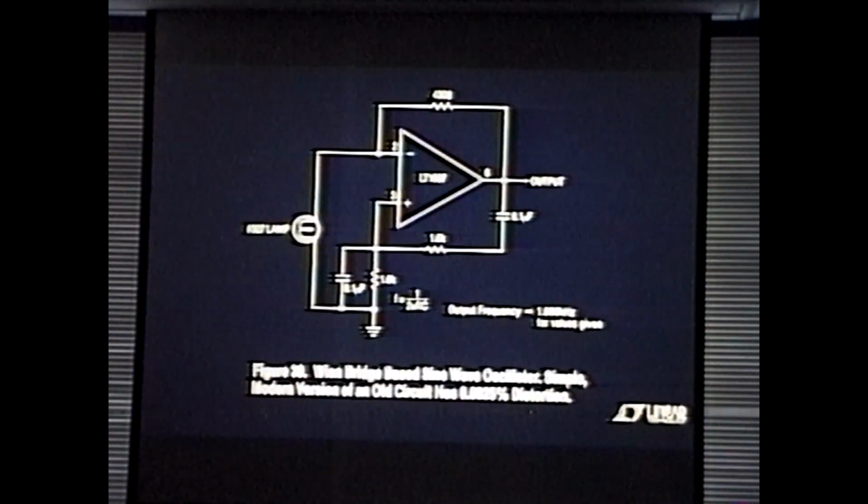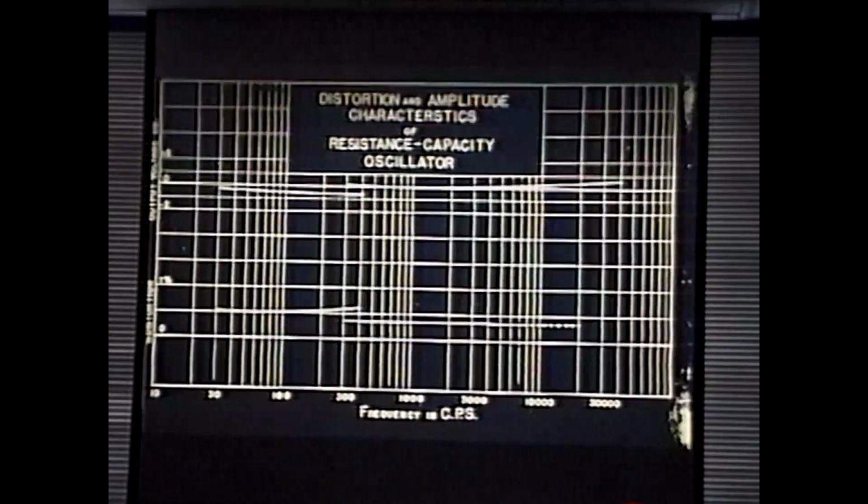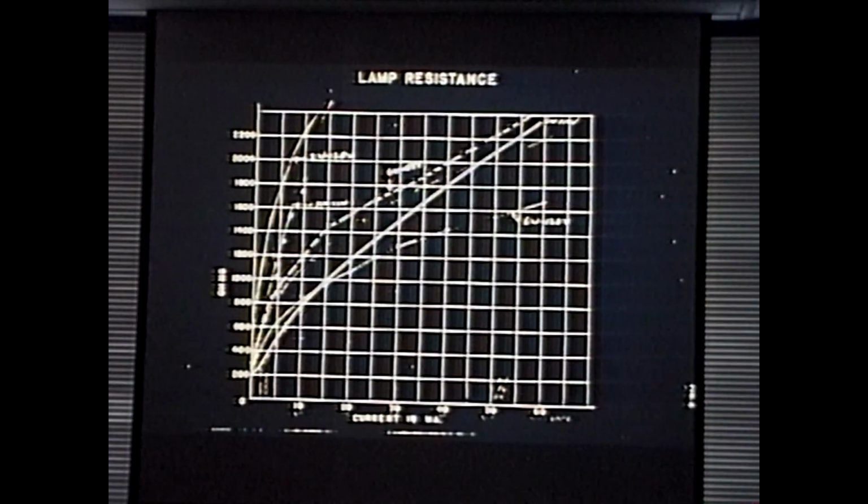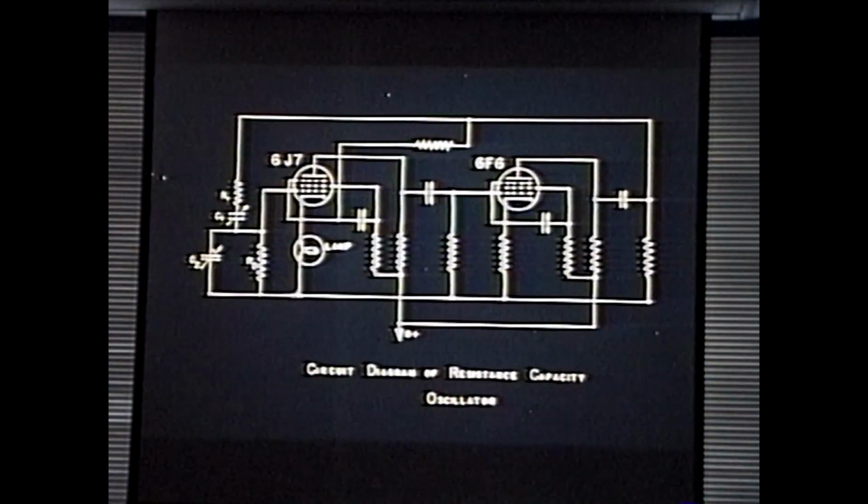Can you go back one slide? Yeah. I think it's amazing that it actually works because the current to the lamp is also the DC component. That's right, and the current through the lamp is very light. Exactly. That's why I think that he was so careful about picking the current resistance characteristic, because when you set these circuits up, from a lamp sensitivity point, you want to run the lamp